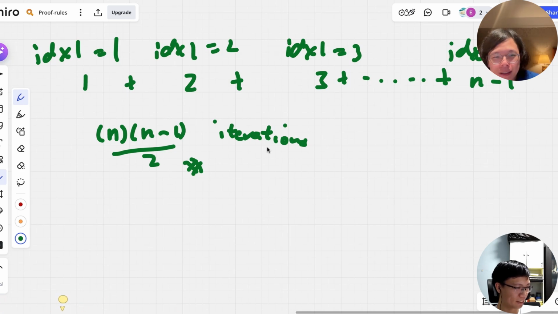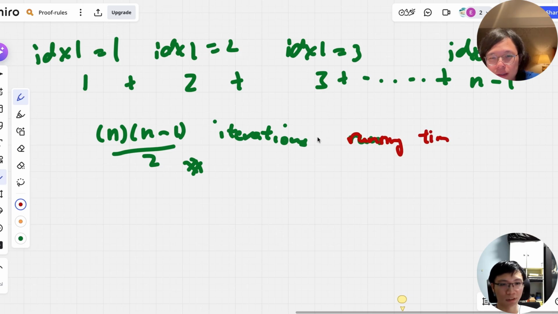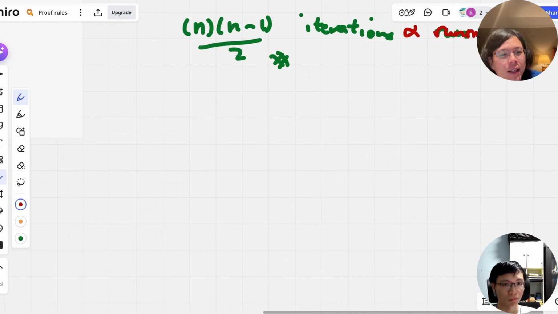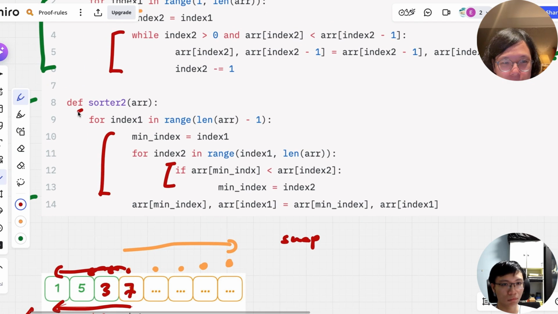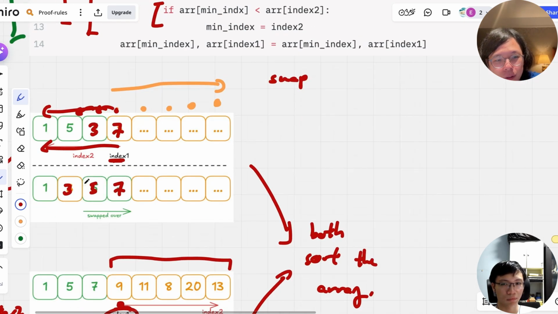So you would make n times n plus 1 iterations, and you can imagine how the running time here is again proportional to your number of iterations. I mean, of course, the more iterations you take, the longer it takes to run something, right? And likewise for this code instead, the way that it works is that at the very first